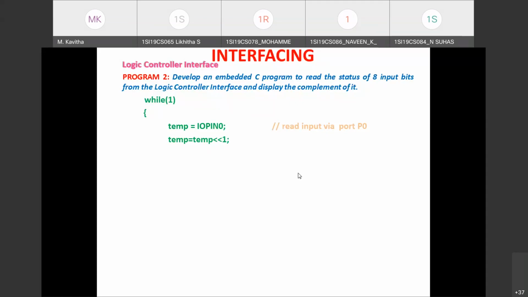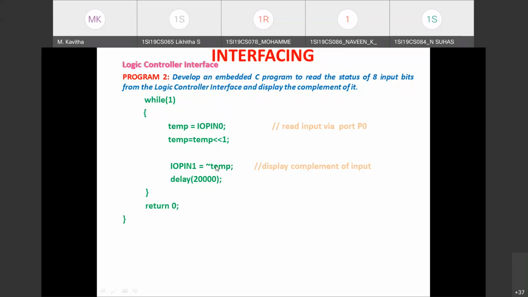Okay, now we shall complement it and we shall write this data to the IOPIN1 register, so that the complemented version will be displayed onto the output LEDs of the logic controller. See, IOPIN1 equals complement of temp. You know how to do one's complement in C. Just write it, introduce delay, close the while loop, give return 0 and close the program. So why have we left shifted? Since in the input read, the valid bits are bit 15 to bit 22. We want to make it appear at bit 16 to bit 23. That's why we have left shifted one time.